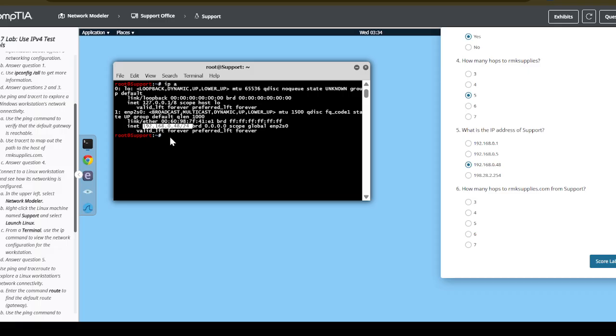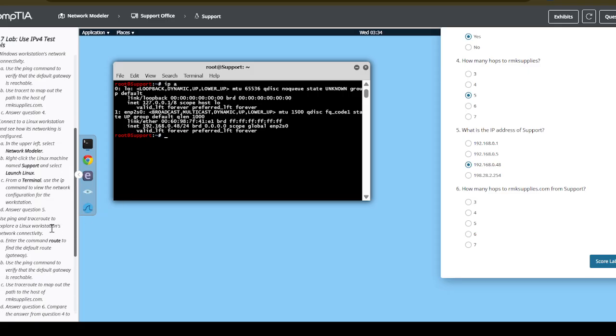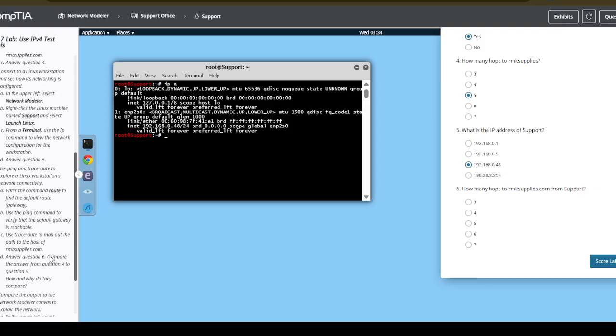So how many hops? Okay, now here we are supposed to go to question 6, use ping and tracert to explore it. So you enter the command route to find the default gateway. Then use the ping command to verify the default gateway. Then use tracert to map out. So answer question 6. So here, what you need to do is